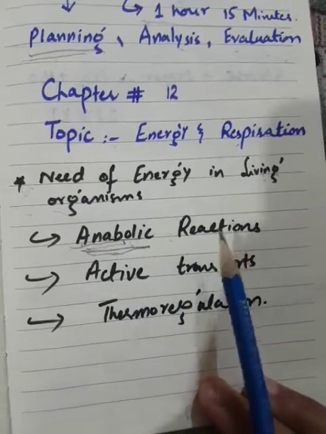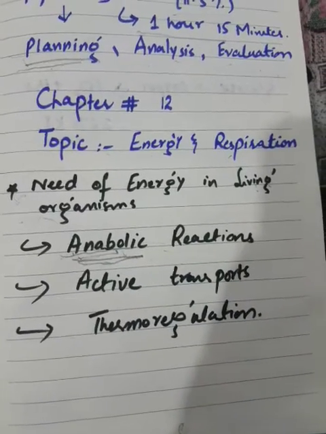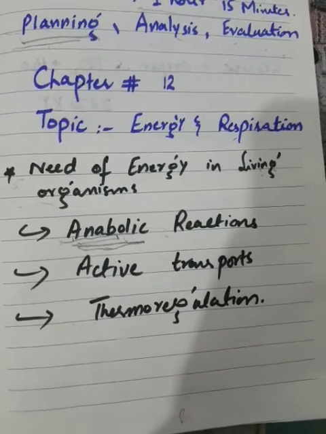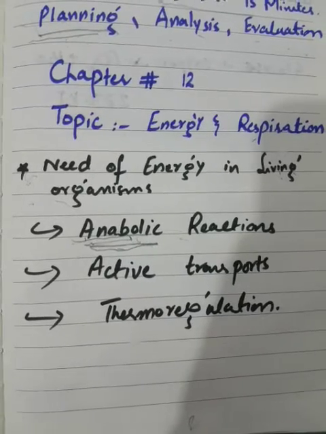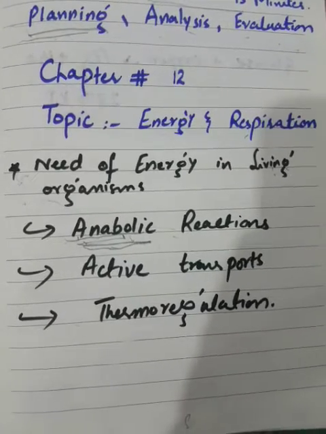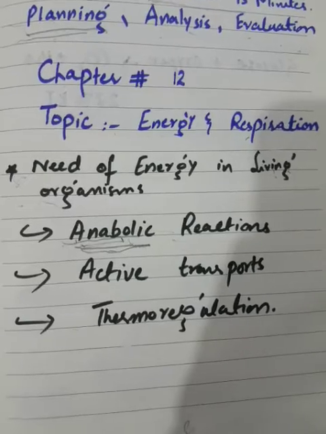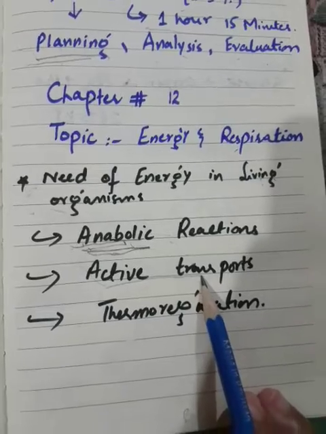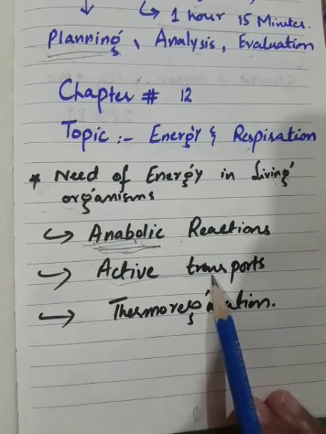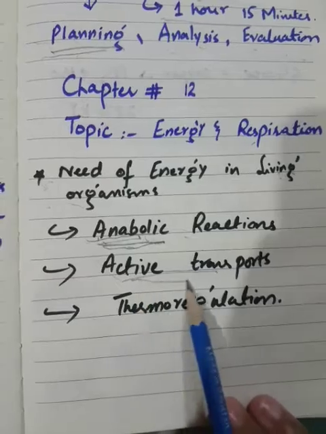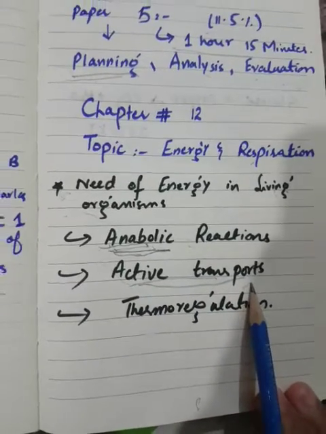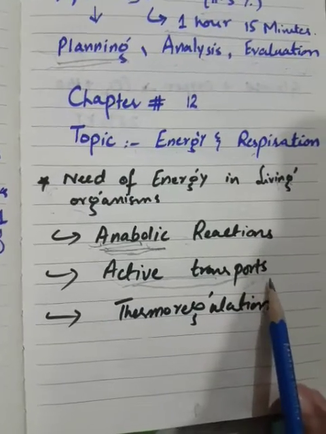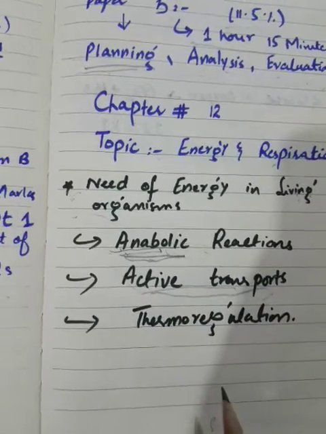Similarly, there is a process of DNA replication. We learned in AS that before cell division, DNA undergoes a process of replication in which DNA replicates itself, and during the process of DNA replication, energy is required. Then we have the process of active transport. You are all familiar with the concept that active transport is a process in which molecules are transported against the concentration gradient, and in doing so, energy is utilized. For example, the movement of ions across the membrane against their concentration gradient. In such processes, energy is required.